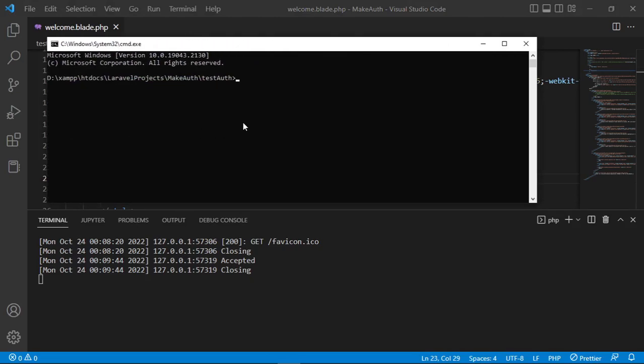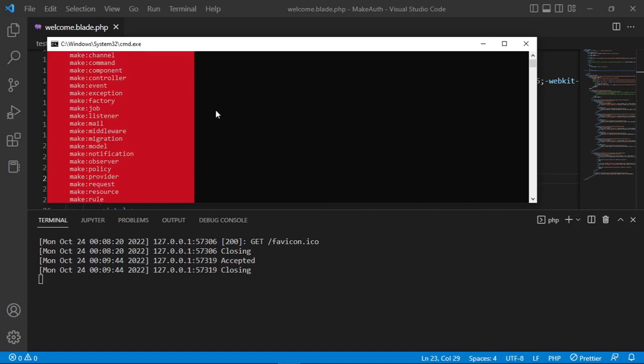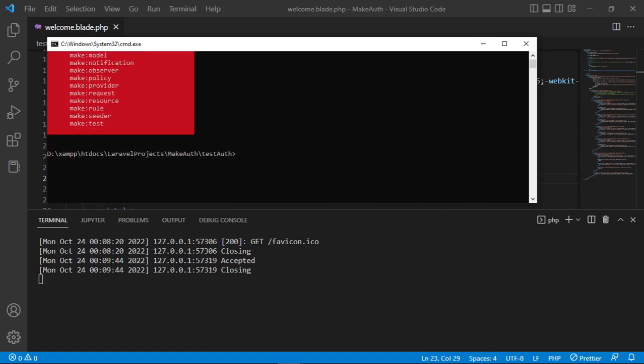There's a feature of Laravel which allows you to run make auth. This is for older versions, so if you try to go and run this, you would see it's saying make auth is not defined. So I've done some reading already in Stack Overflow so that I can find a workaround with